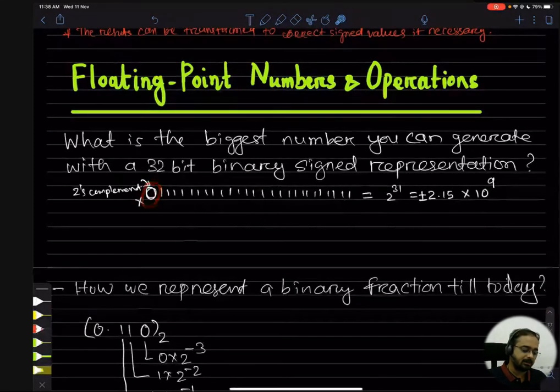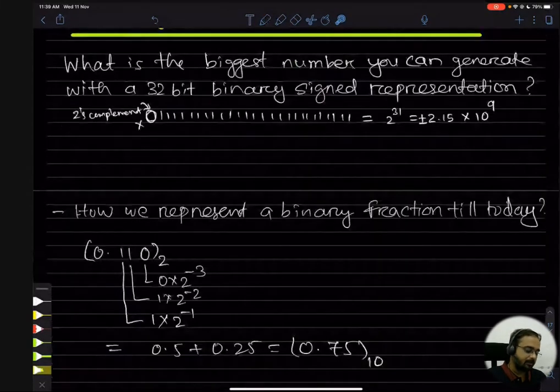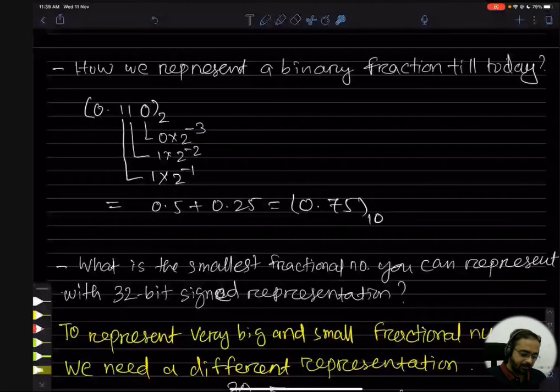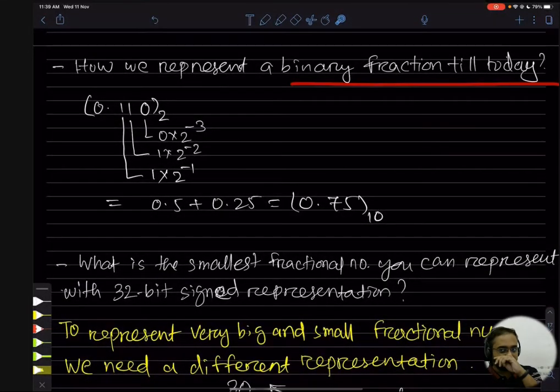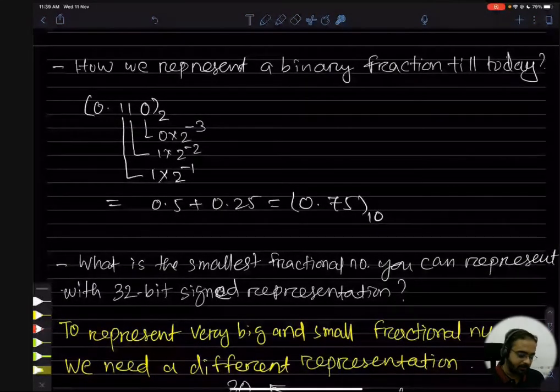This is the signed bit, and the rest of the bits will represent the number. Okay, so this is the 2's complement method, but we will use something different. Now, how are binary fractions represented? Till now you know that